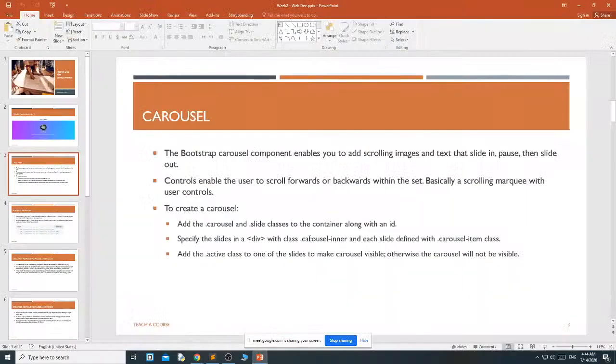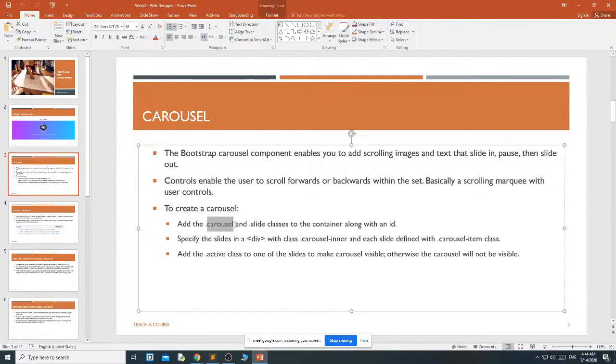Okay, then to create carousel you must use these things. First you have to add the carousel and slide classes, because to use the carousel component we are using the carousel class, and the slide class is used for slide effect. Then specify the slides in a div with class carousel inner.